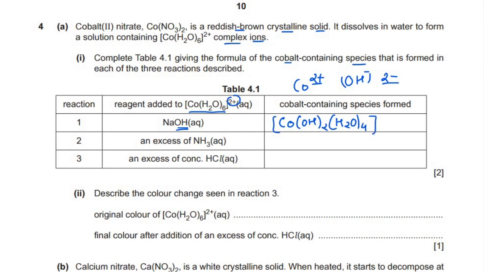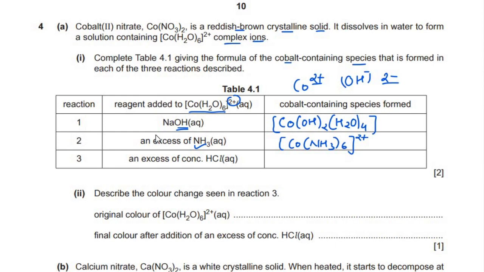If we go ahead with the next, the amine ligands, the complex containing amine, that is ammonia ligands, is more stable, so the ammonia is going to replace all the water molecules, and so we'll get NH3, and as ammonia is a neutral ligand, the charge of the cobalt Co2+ stays as the charge of